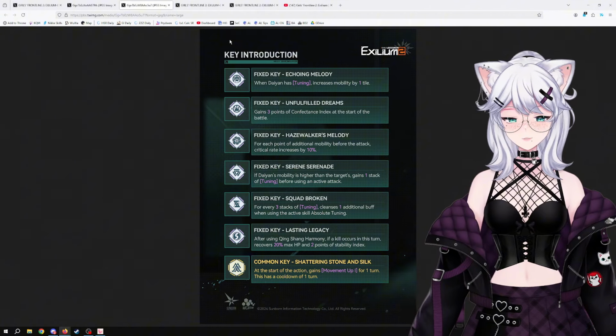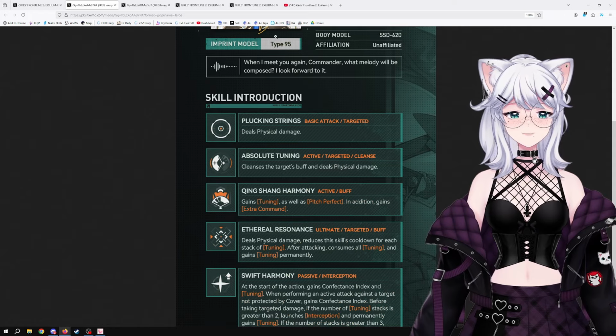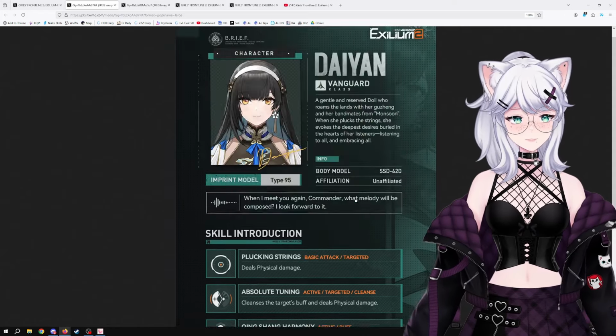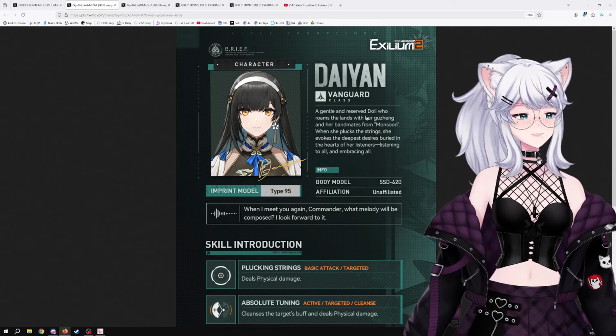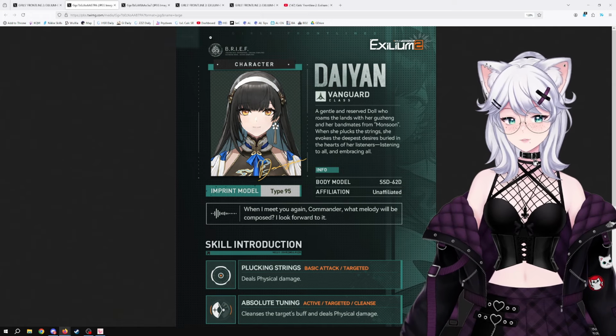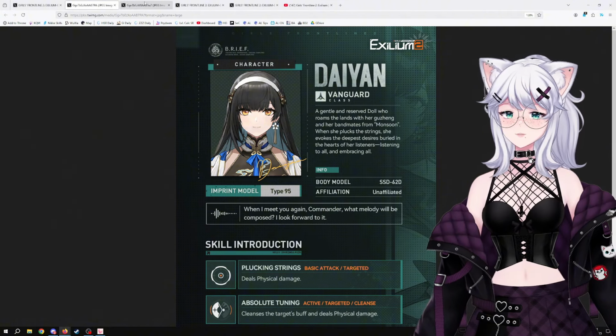Daiyan is already a character with a lot, and I mean a lot of mobility. She gets extra movement, even though it's not mentioned here. She has some extra 6 tiles movement and stuff like that. She's a Vanguard. She has so much mobility, it's actually pretty bananas, which is very, very good in a lot of circumstances. And I believe she can even buff her own damage depending on the amount of tiles that she